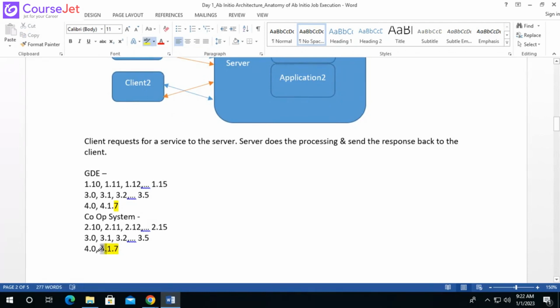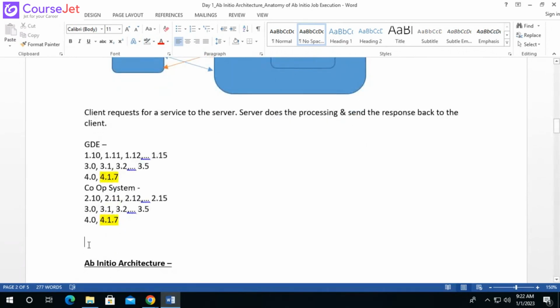There are two different types of architecture: one is the legacy architecture, another is the latest architecture. It is based on the Co>Operating System version. If your Co>Operating System version is less than or equal to 2.14, we have one architecture. When I say the Ab Initio products, we have others besides the GDE and the